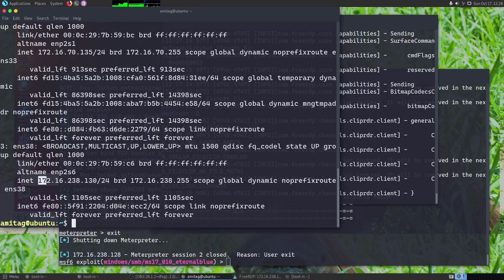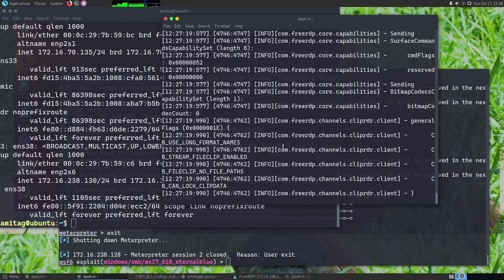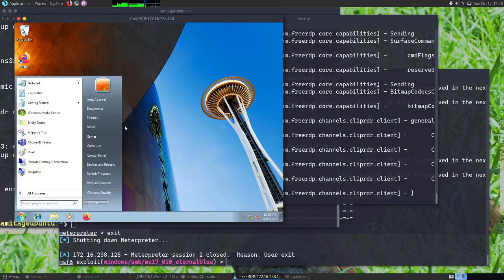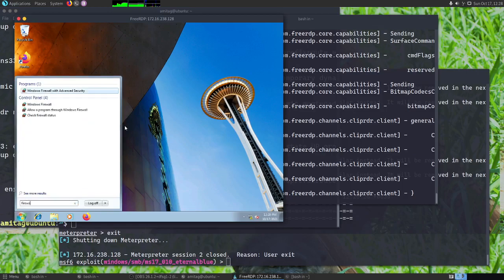This is on the 172.16.238 network, with the IP address 238.138, and is on the 172.16.238 network. And then I also have one Windows machine, which I am accessing through a tunnel right now, but I will show you how that tunnel works. I have done a couple of things here, and I will show you.